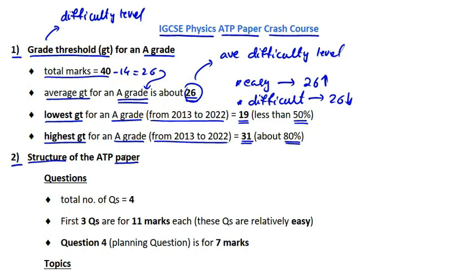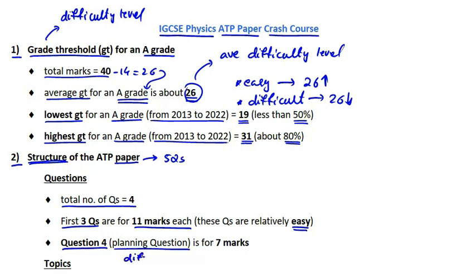Okay, students, let's look at the structure of the ATP paper now. Students, in the past, the IGCSE Physics ATP paper consisted of 5 questions, but it now consists of 4 questions. The first 3 questions are usually for 11 marks each. These questions are relatively easy, but the last question, question 4, which is referred to as the planning question, is